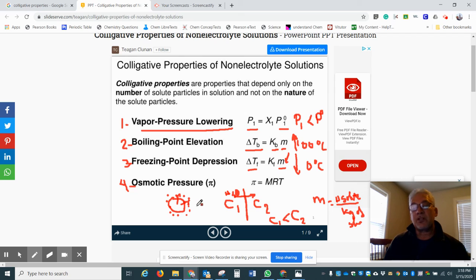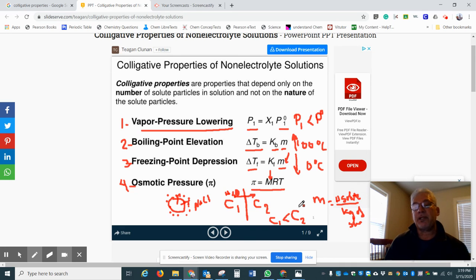The concentration outside, by adding sodium chloride, is greater than the concentration inside, and the liquid will try to travel outside to make the two concentrations equal. Here we have the formula pi equals molarity,